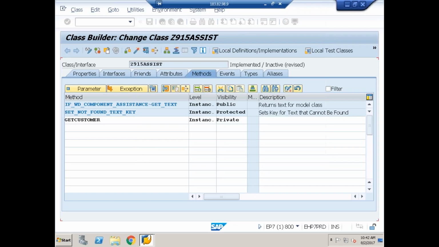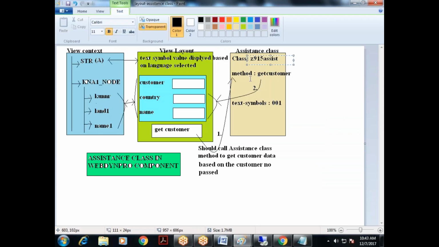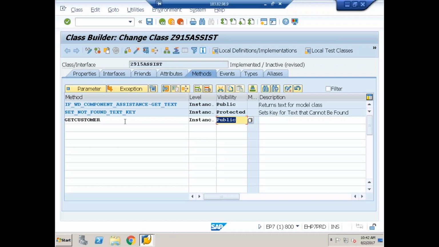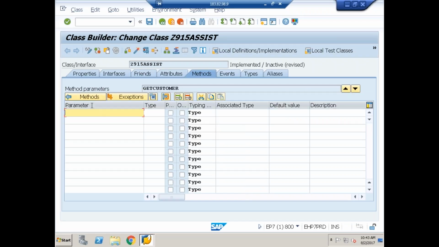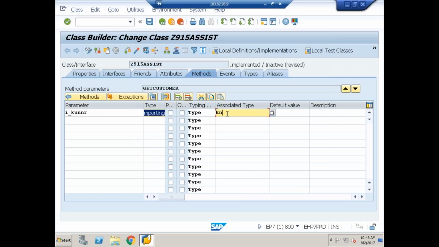What does this method have to do? It has to take the customer number as input, and return the customer country and customer name. So keeping that in mind, I'll create parameters. What is the parameter? I_customer_number, importing, type KNA1-customer number, E_land1, exporting,